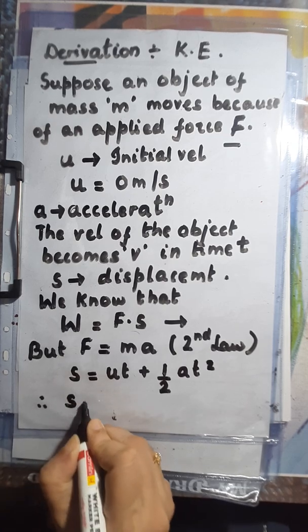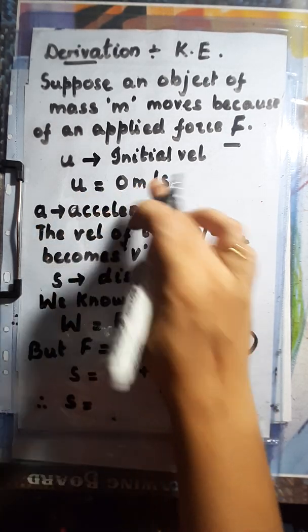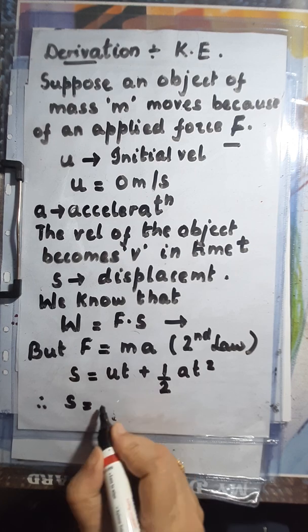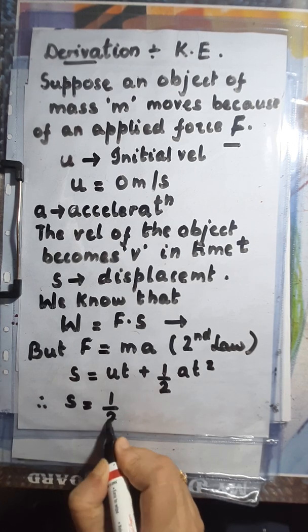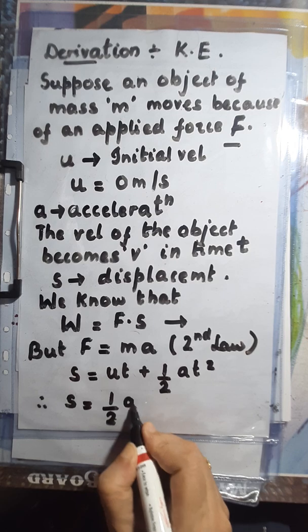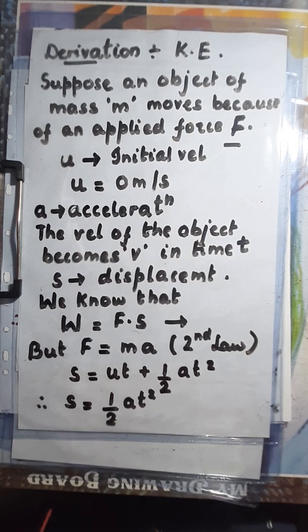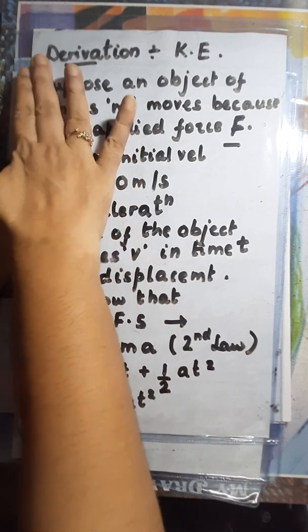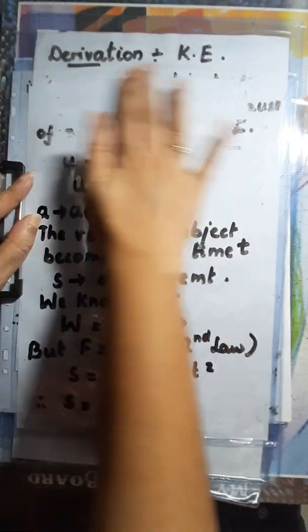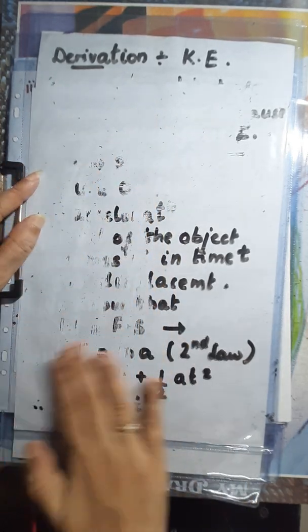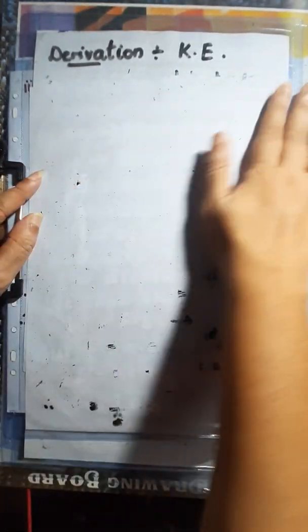Therefore, S is equal to, what is U equal to? 0. So, this will become 0. So, S is equal to half at square. So, therefore, we can say that, okay, now let's do away with this. I'm just writing these steps again. So once again I repeat,